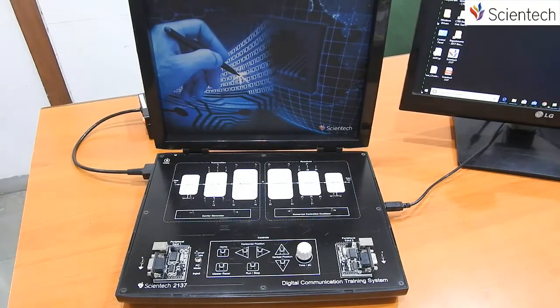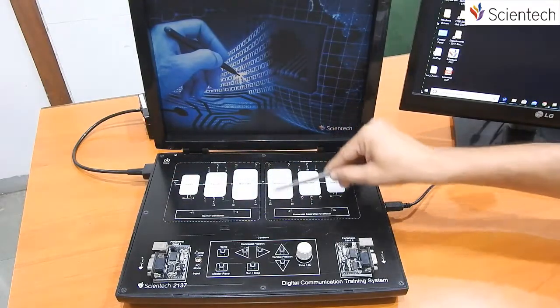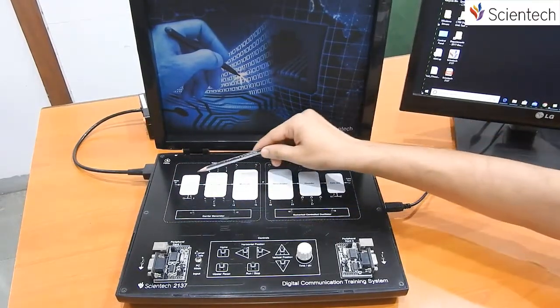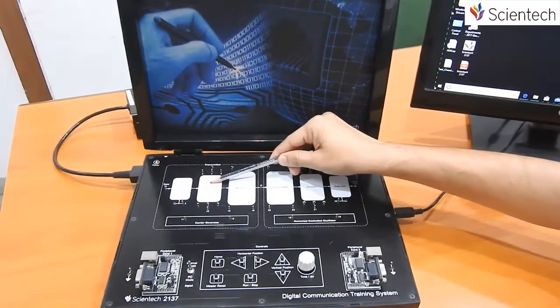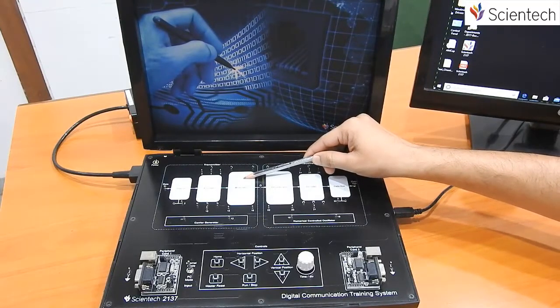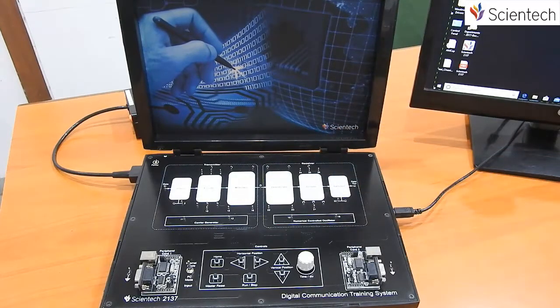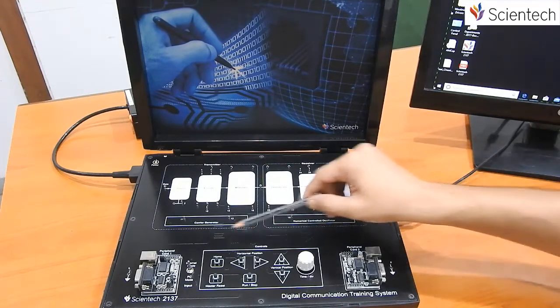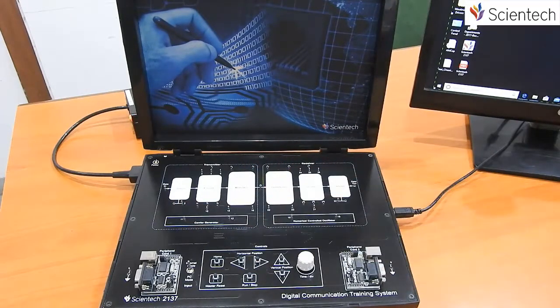Now let us go through the block diagram which has been given on the Mimic. As you can see, there are two sections. One is the transmitter section in which there are different blocks like data, where the test data will be, encoder where we are going to encode the signal, and then the modulation section which covers various modulations. For the carrier, we have a carrier generator for sine and cosine wave. And all these test points have a significance with respect to the respective modulation techniques. We will see these test points in the respective modulation techniques.